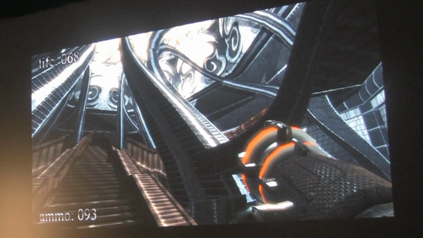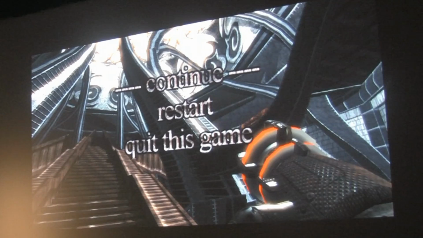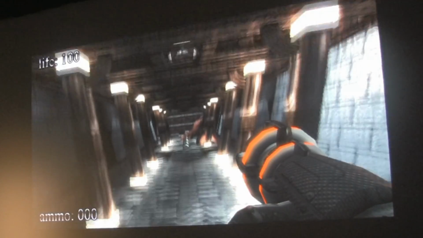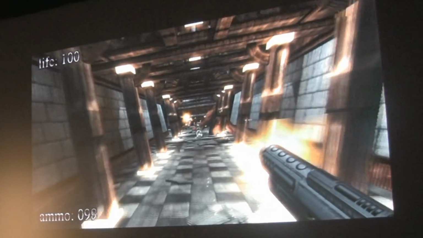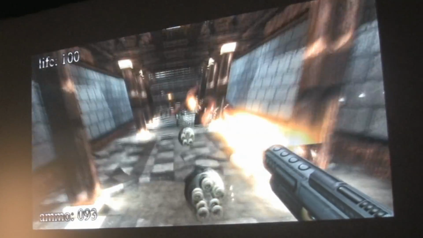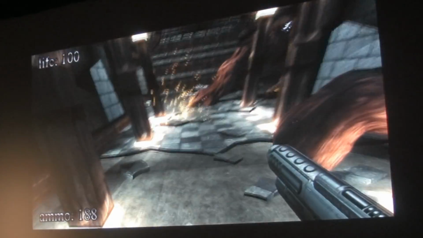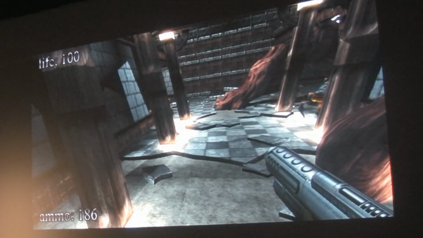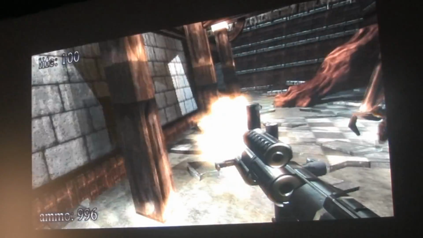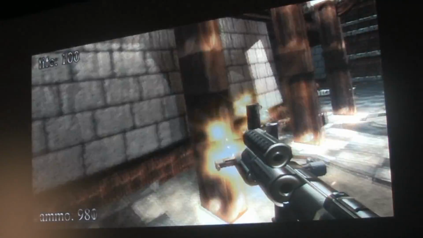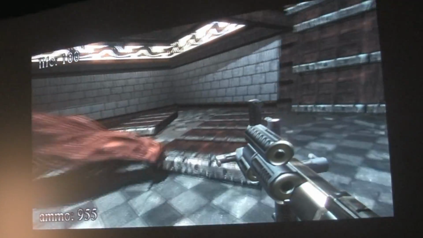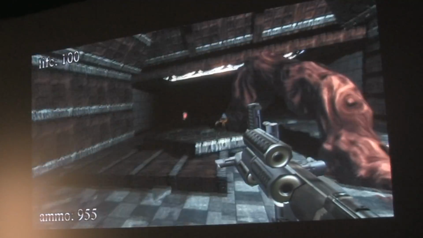One more thing to show. To restart, get back to some simple spiders. Don't kill them all, you want something for demonstration purposes. Here they come.